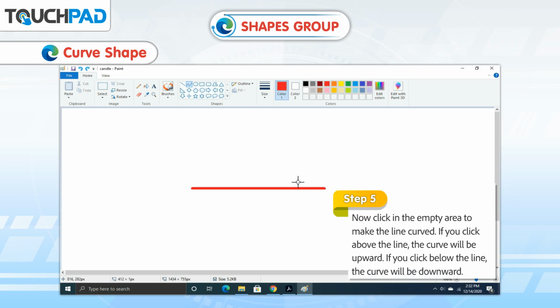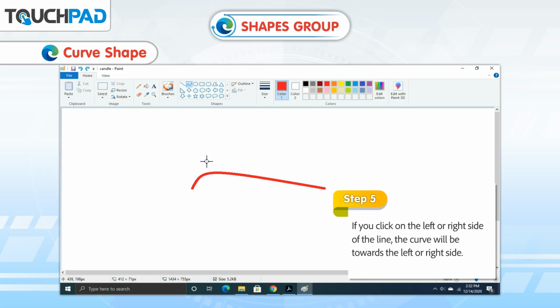Step 5. Now click in the empty area to make the line curved. If you click above the line, the curve will be upward. If you click below the line, the curve will be downward. If you click on the left or